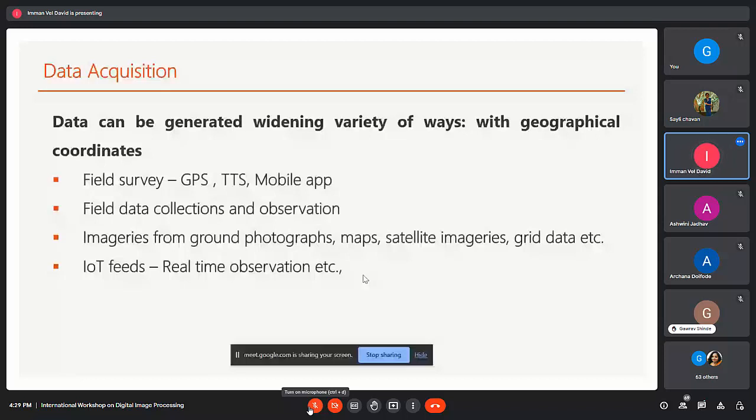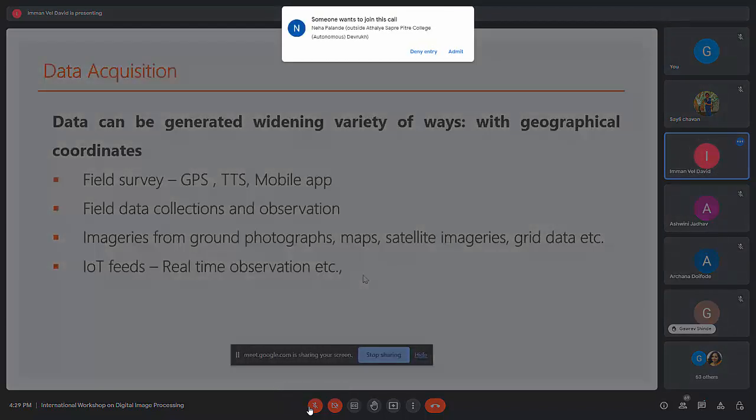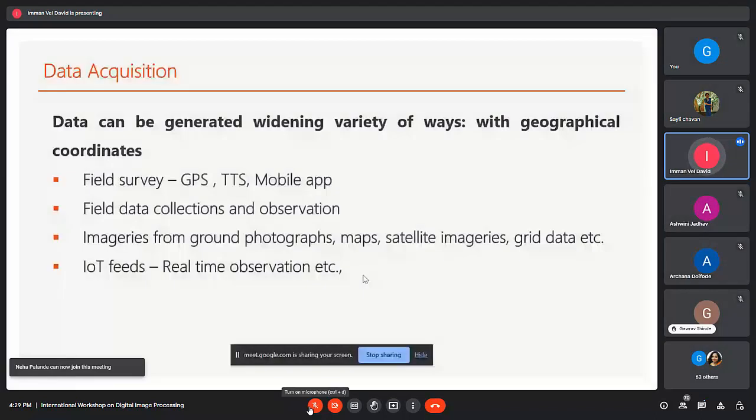In field survey, we can collect the data through GPS and total station survey. With some mobile apps, we can collect some field survey information. And afterward, through observation, we can collect some information through fieldwork.